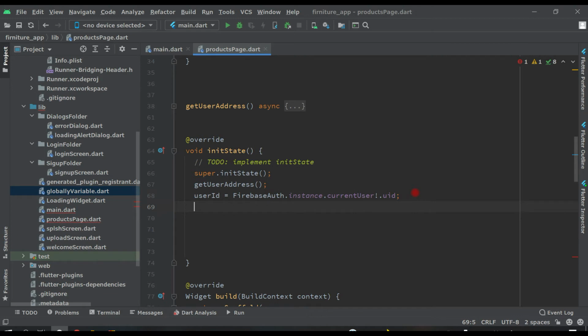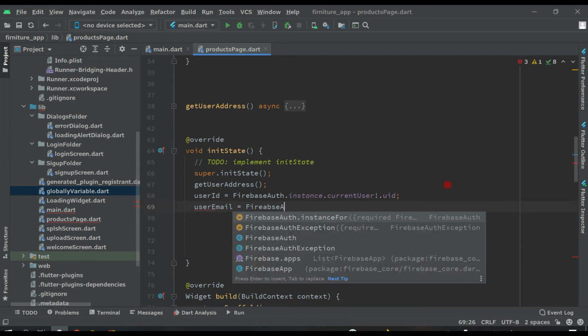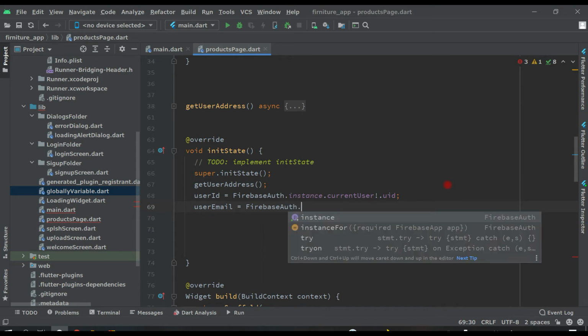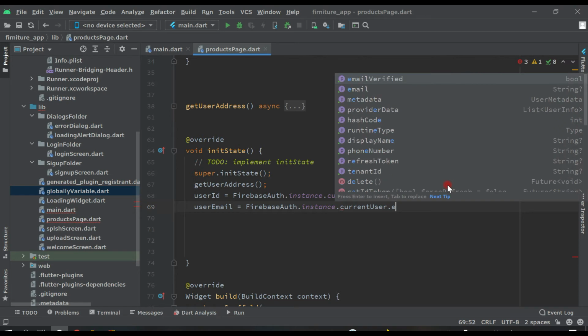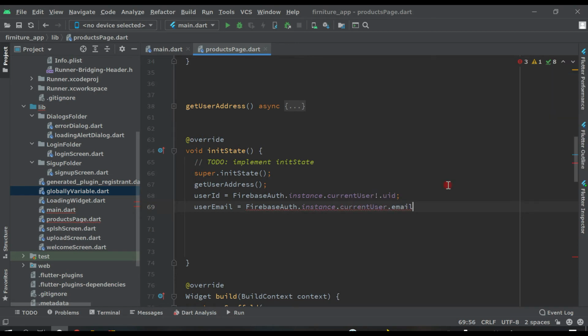Then after this, user email equals to Firebase auth dot instance dot current user dot email. Put an exclamation here and here also, both sides. After current user and after email, put a semicolon.